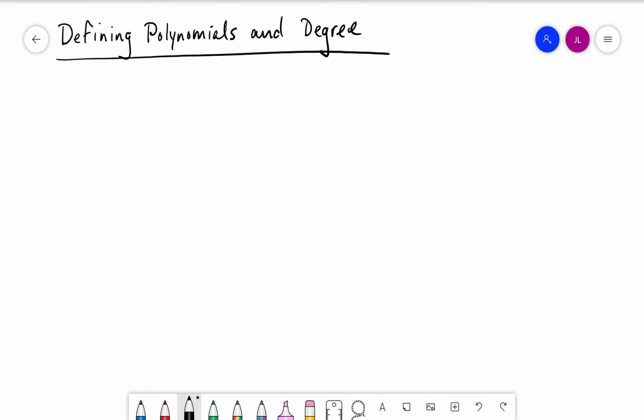If we want to define a polynomial in x, because this is a variable we normally talk about, basically it's a finite sum of terms in the form